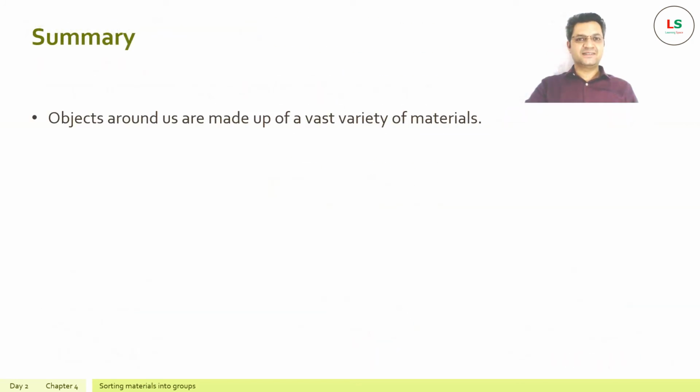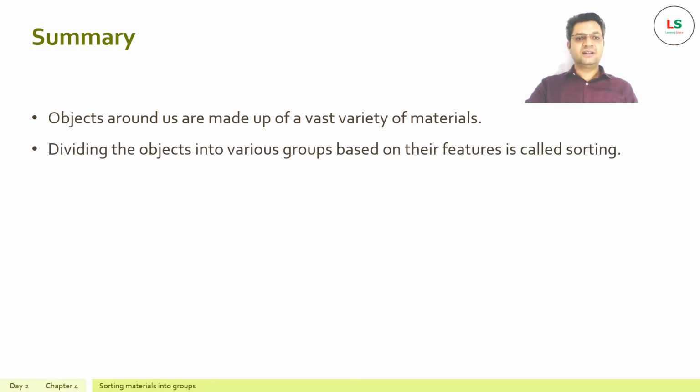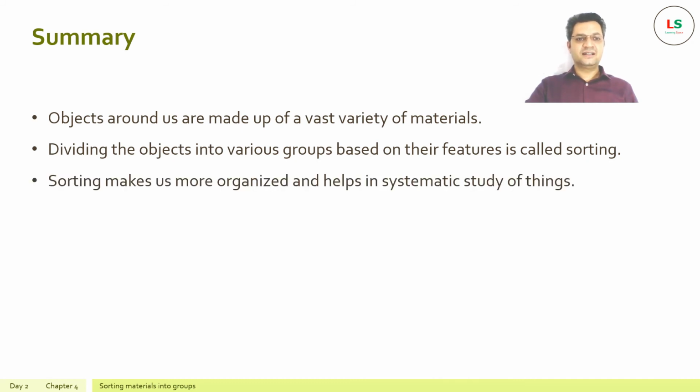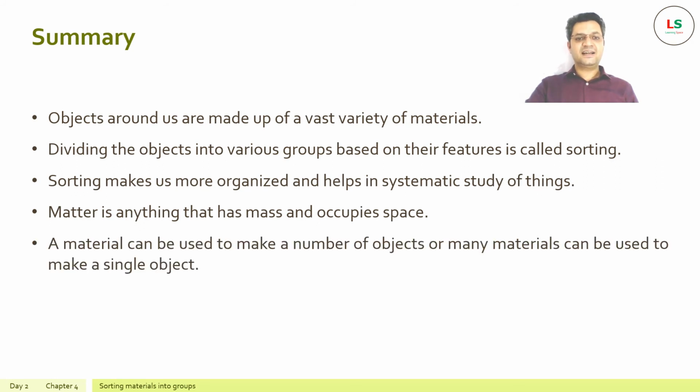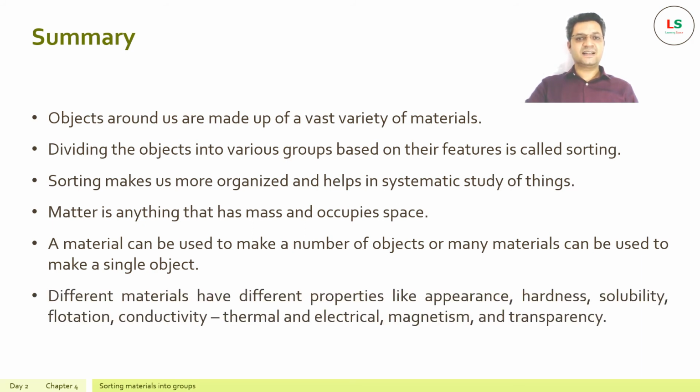Let's summarize the chapter. Objects around us are made up of a vast variety of materials. Dividing the objects into various groups based on their features is called sorting. Sorting makes us more organized and helps in systematic study of things. Matter is anything that has mass and occupies space. A material can be used to make a number of objects, or many materials can be used to make a single object. Different materials have properties like appearance, hardness, solubility, flotation, conductivity, which can be thermal or electrical, magnetism, and